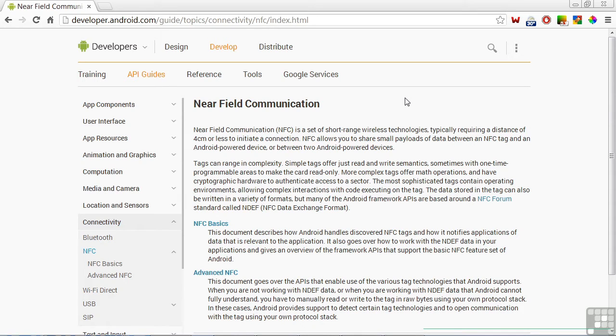NFC, or Near-Field Communications, is a wireless technology for exchanging data over very short distances in the range of 4 centimeters or less. NFC operates at a frequency of 13.56 megahertz, a license-free allocation in the high-frequency portion of the radio spectrum. NFC allows you to share small blocks of data between an NFC tag and an Android device, or